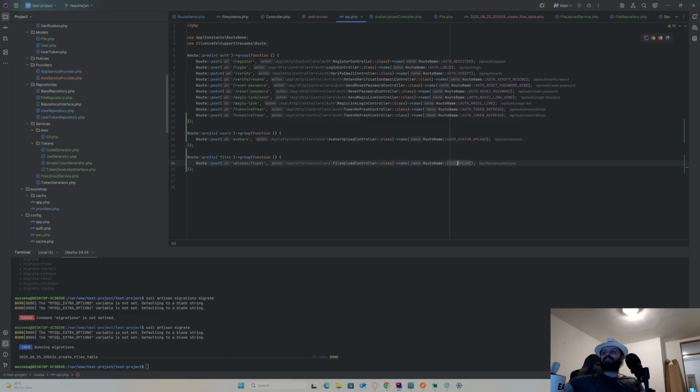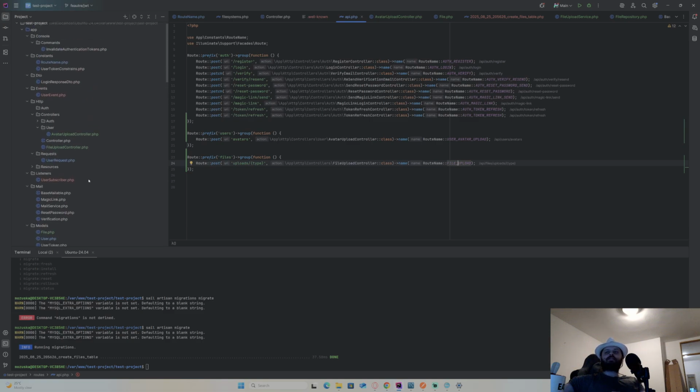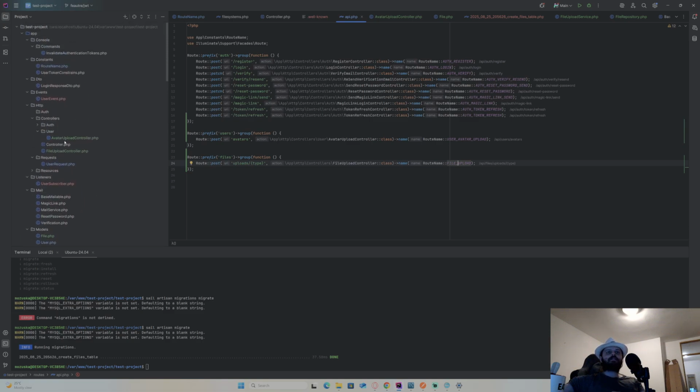Okay, so file controller, I do this. Now my file upload is ready, basically, this iteration of it at least. And now, one thing I forgot: I have means to authenticate the user, which is all part of the controllers here, but I don't have any way to recognize the authenticated user on my platform, and that's something I need to create now.